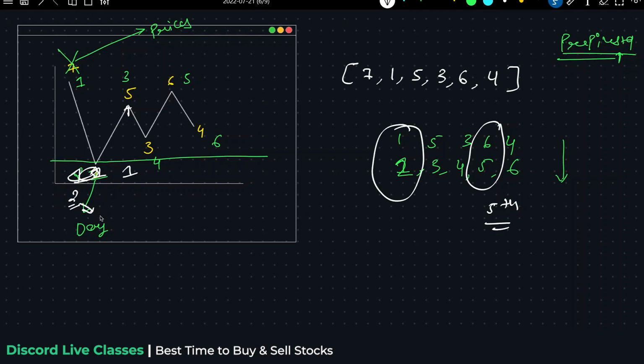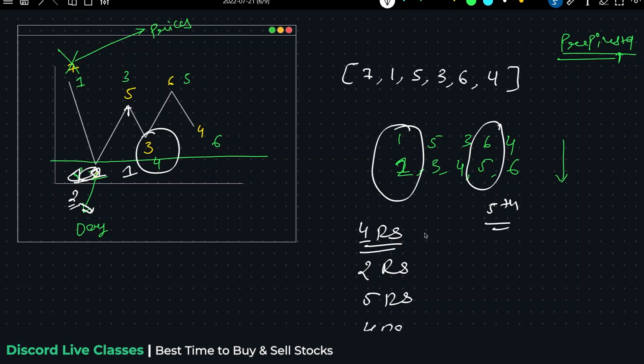Sir, we will get a profit of 5 rupees. Are you sure? We will get a profit of 4 rupees if I sell this particular stock on the third day. Oh yeah, sorry. I thought you were talking about the fifth day. No, let's talk about this particular day. How much will I get as profit? Sir, 2 rupees. And the fifth day? Sir, 5 rupees. Yes, sir. And the sixth day? Sir, 4 rupees.